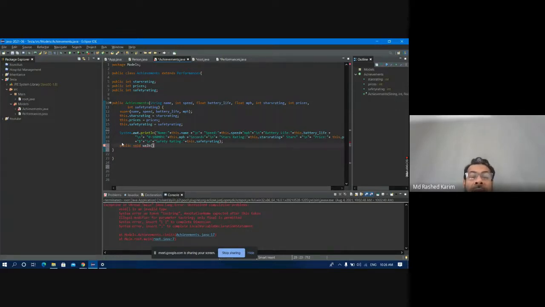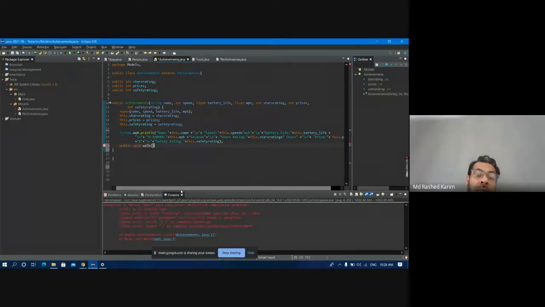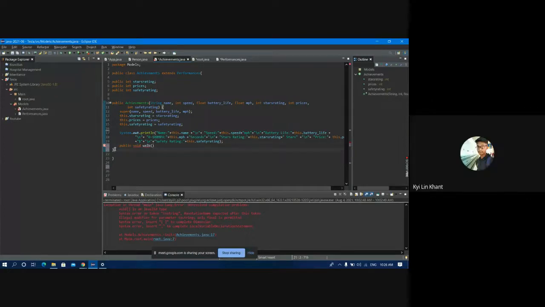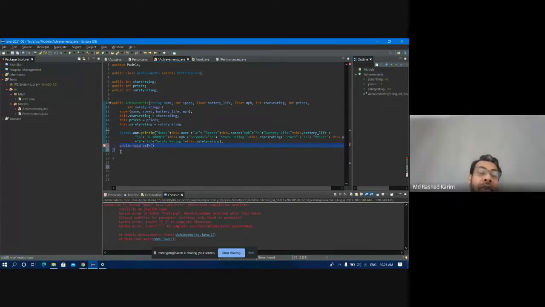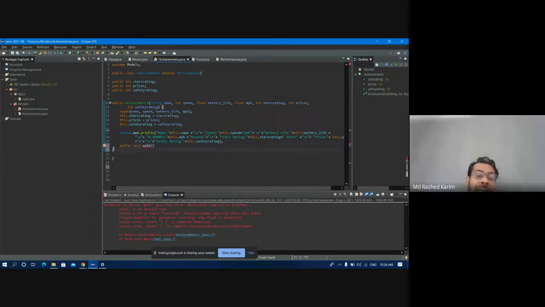This parenthesis at line number 21 is the closing parenthesis of your constructor method, and you want to declare another method inside the one method. Okay, so that's the problem. Yeah, that's the problem.